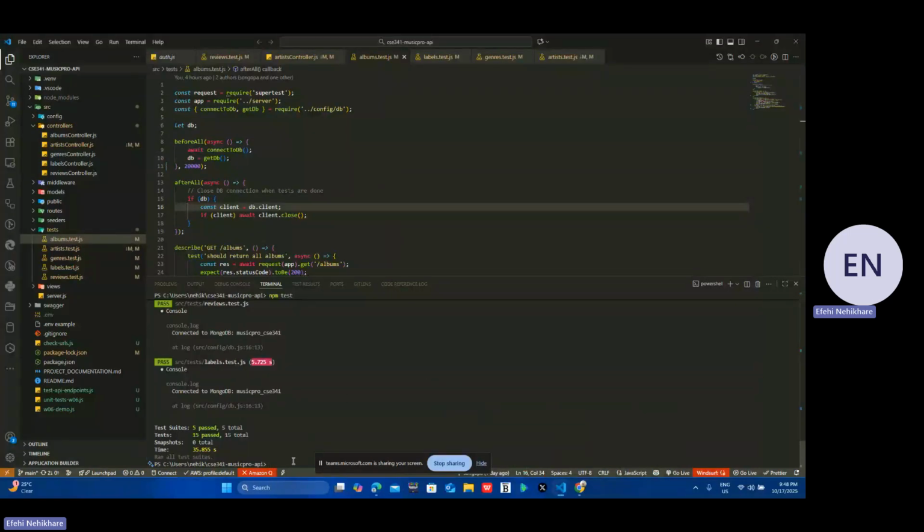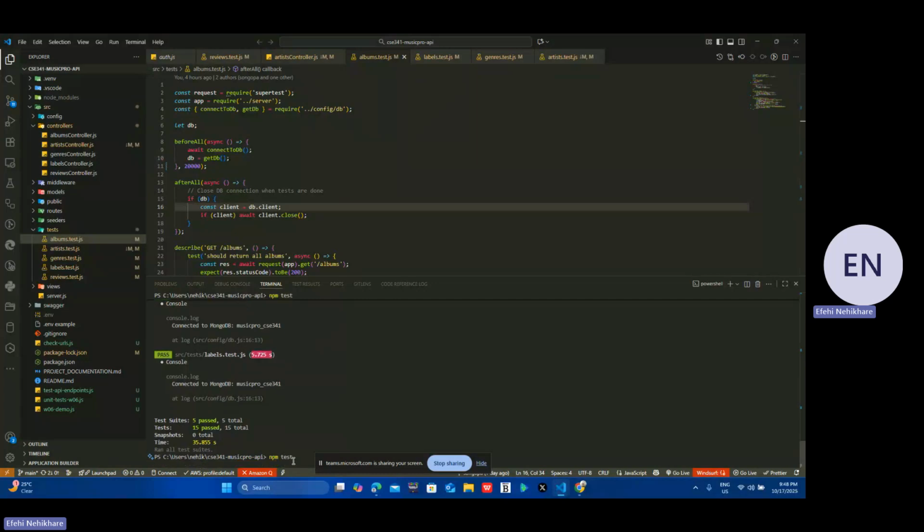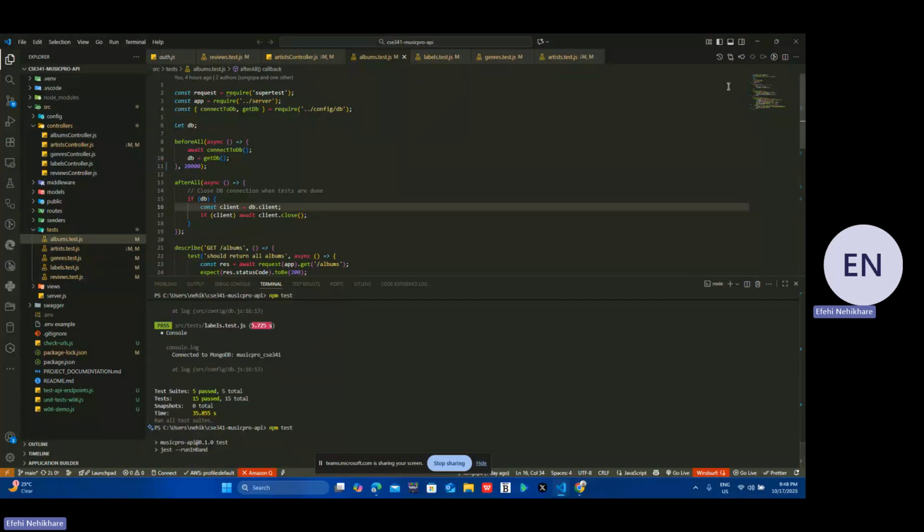Because of the slowness of my computer, we'll just start with the testing. So we'll leave it in the background for it to be running. So we can now go back to